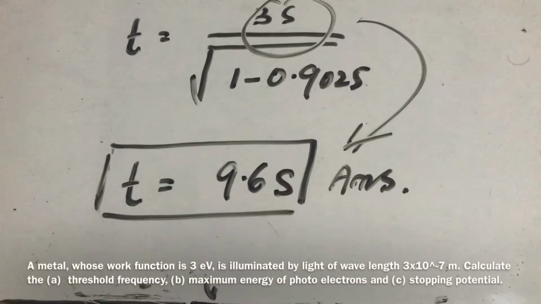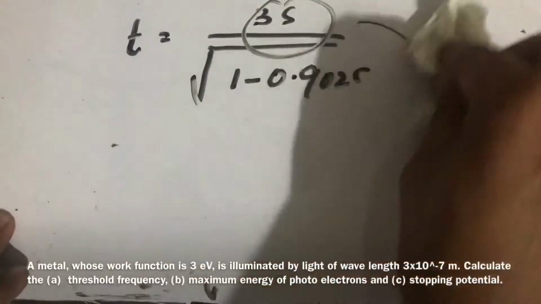In the third numerical problem, a metal whose work function is 3 electron volt is illuminated by light of wavelength 310 raised to power minus 7 meter. Calculate A, threshold frequency, B, maximum energy of photoelectrons, and C, stopping potential. Let's start to solve this numerical problem. Now, the given data is